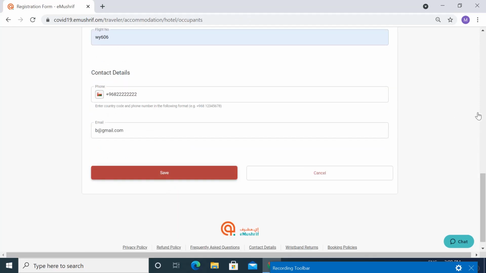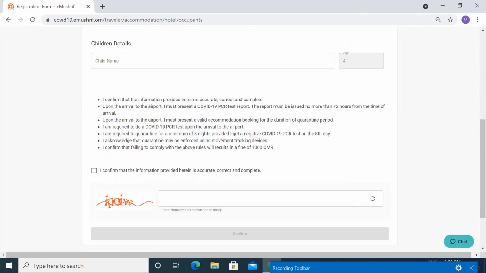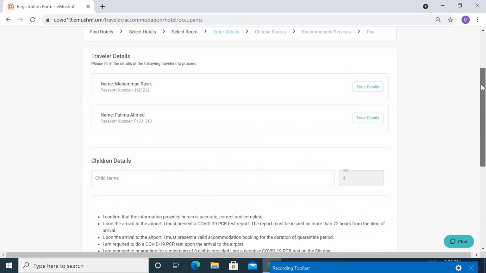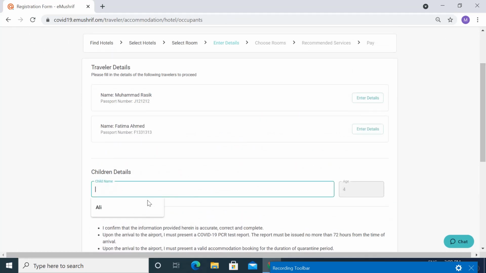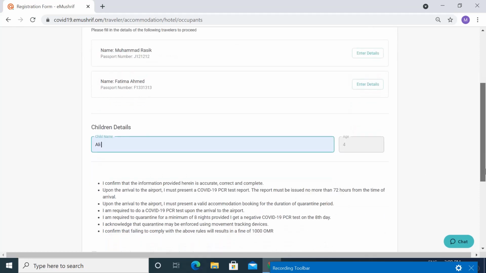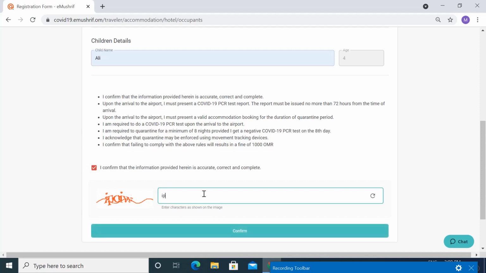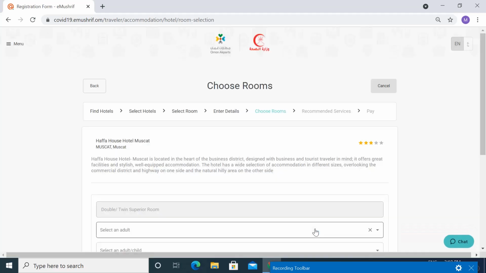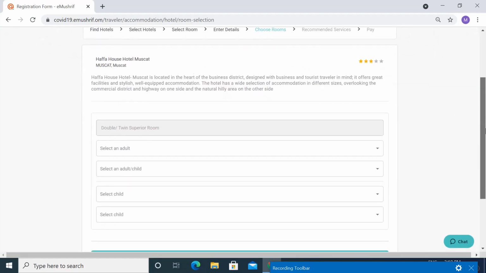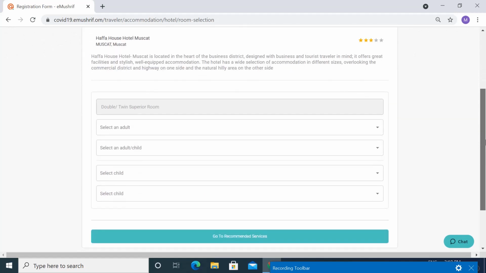Once after saving, you will go to the page where you need to enter the details of your child, name, age, and click the checkbox and go to save.